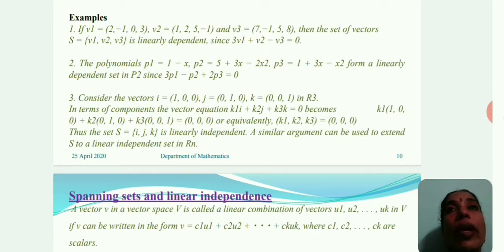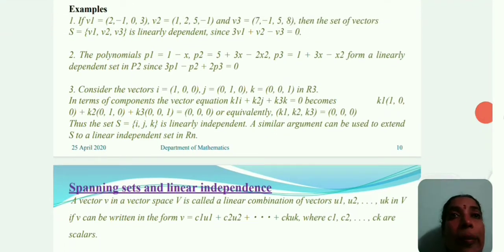Now let V(F) be a vector space over the field F. Here also you take the set S containing the elements alpha 1, alpha 2, and so on up to alpha n of vectors, which is said to be a set of linearly dependent vectors if there exist scalars, denoted by small letters a1, a2, and so on up to an belonging to F, not all zeros, such that again the linear combination a1 alpha 1 plus a2 alpha 2 plus and so on plus an alpha n is equal to 0 bar. This is called a linearly dependent set.